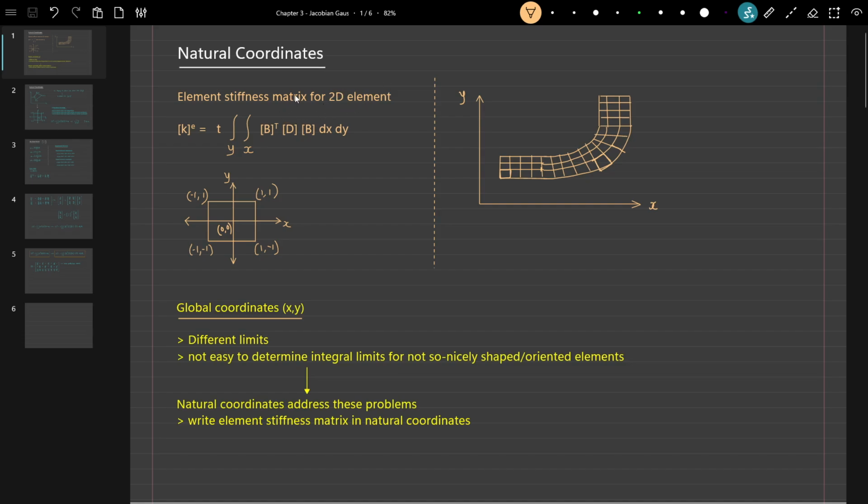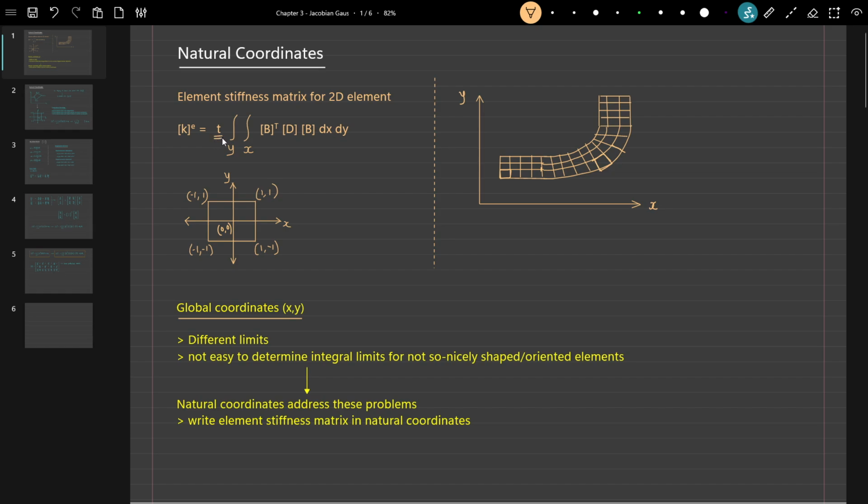We will see some important FEA concepts, that is natural coordinates and the Jacobian matrix, in this lecture. So we will see why we need natural coordinates in the first place. We know the element stiffness matrix for a 2D element, which is given by this form,